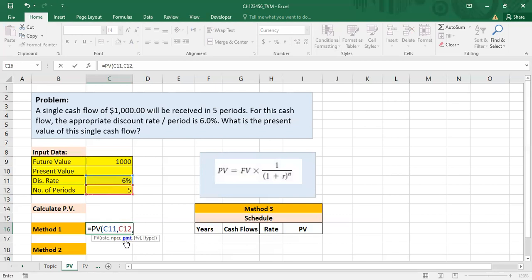Then come the payments. In this question, we are talking about a single payment, a single cash flow. So there are no continuous payments or no equal payments. So we are going to use 0 for that. And then comma, the future value. So the future value is given to us, 1,000. Simply close the parentheses and enter. You will get the answer